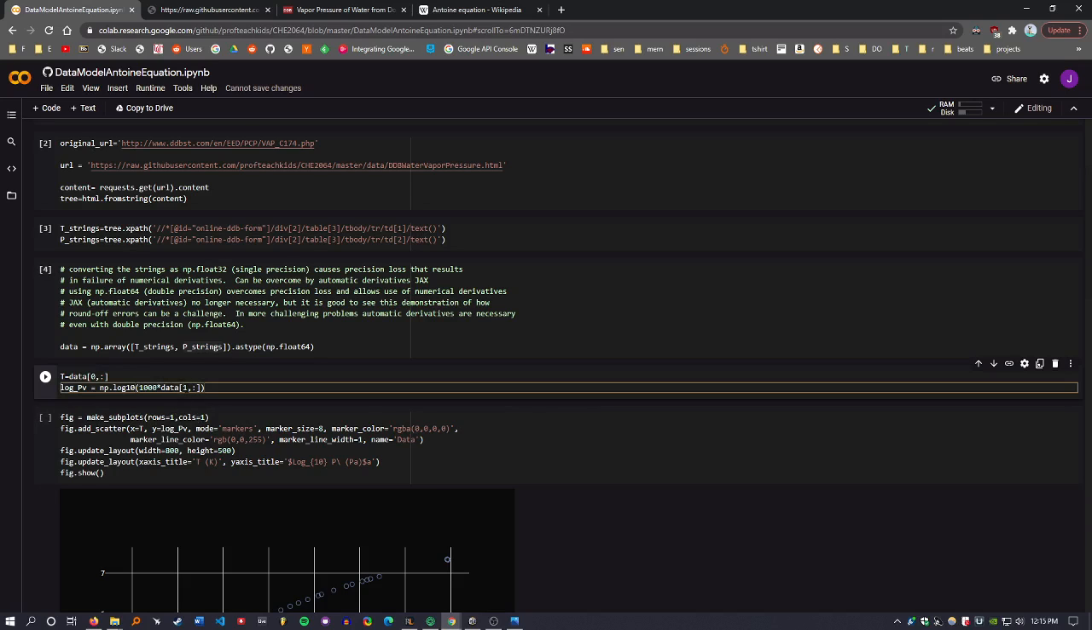From data, 1 denotes the second entry, which is all of our P strings. So converting all of our P strings to bar, taking the log base 10 of them, and those will be our log base 10 vapor pressure values. So with both of these variables set, we can go to establishing our